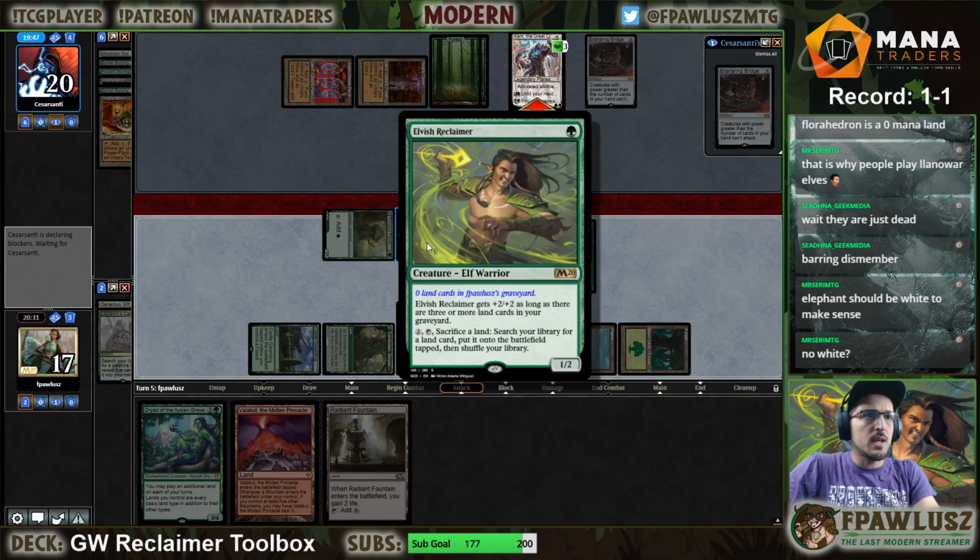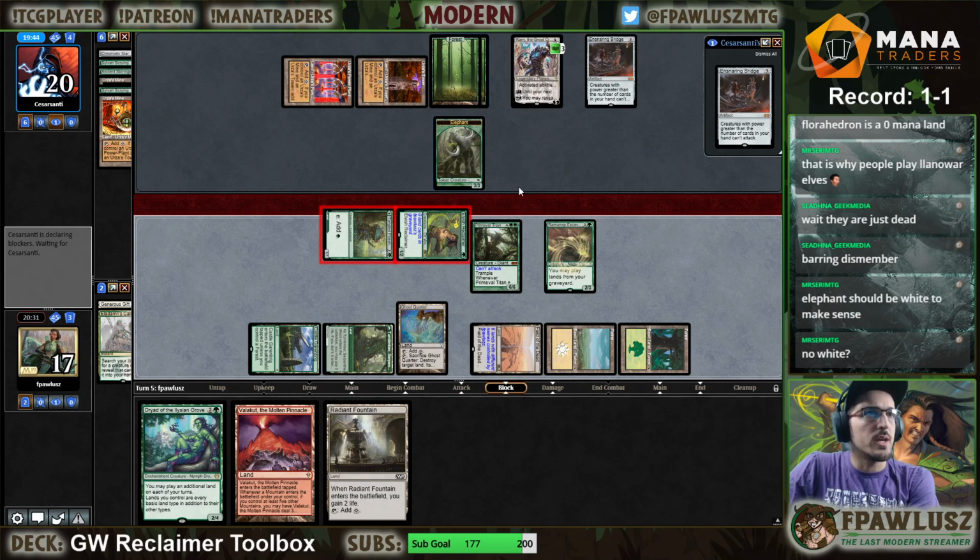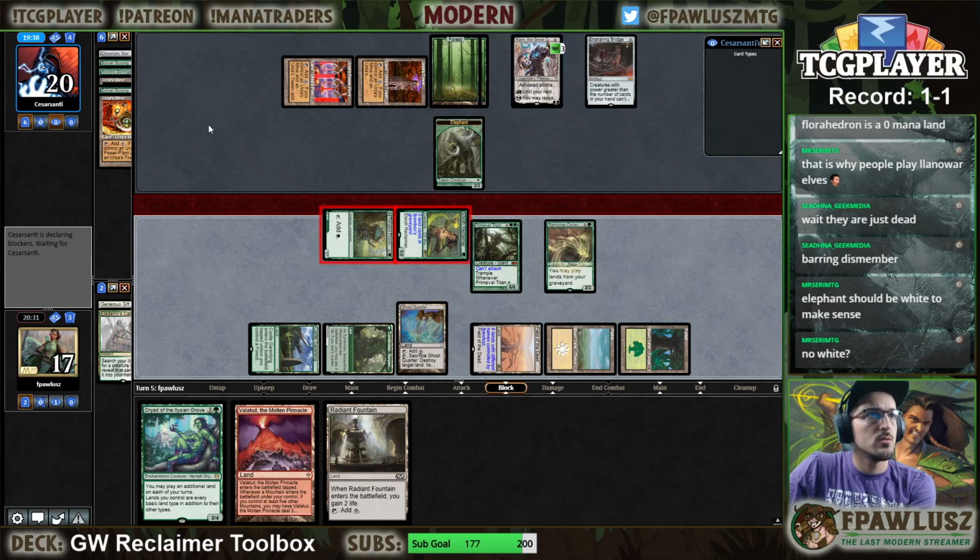I'm suiciding the Elvish Reclaimer just so I can get this Karn down to 2. That means that it cannot minus and survive. So if they want to minus to get a Tormod script or something else, they have to...